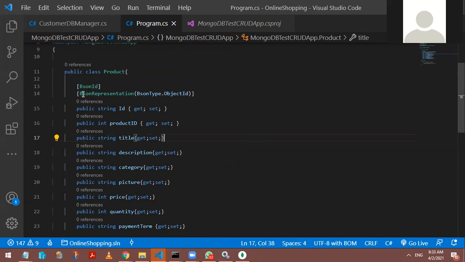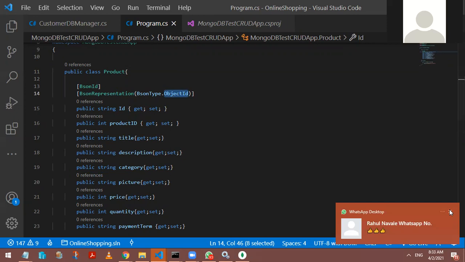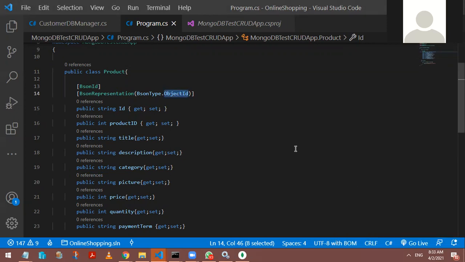You're using BsonRepresentation, BsonType.ObjectId, that is the keyword already given to you, which marks this as the identifier I like to specify. You know, BsonId, but I want to give more information on that BsonId. It is of type ObjectId. So we have to attach some extra information to your properties in this MongoDB application. That is what you call decorating your existing information by using certain metadata. We have done that work.